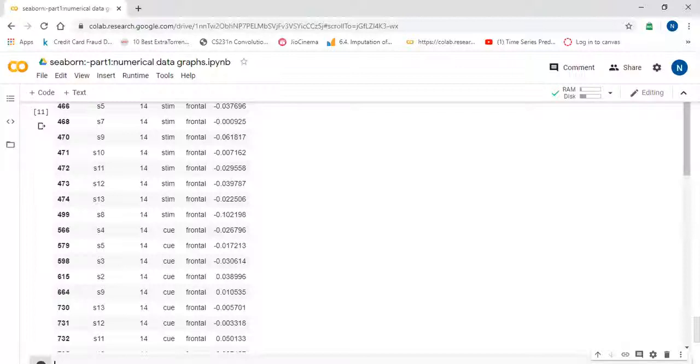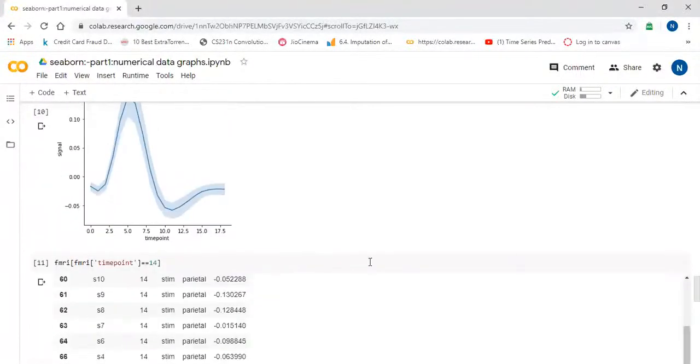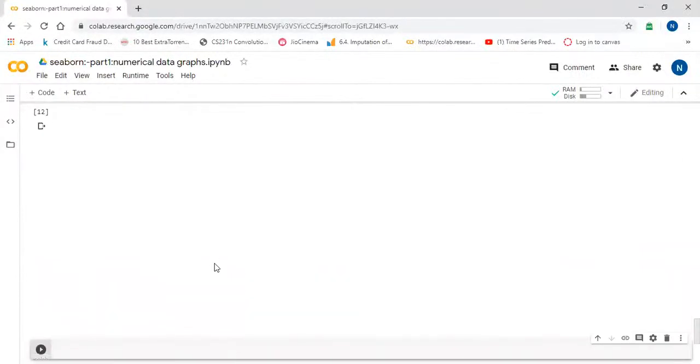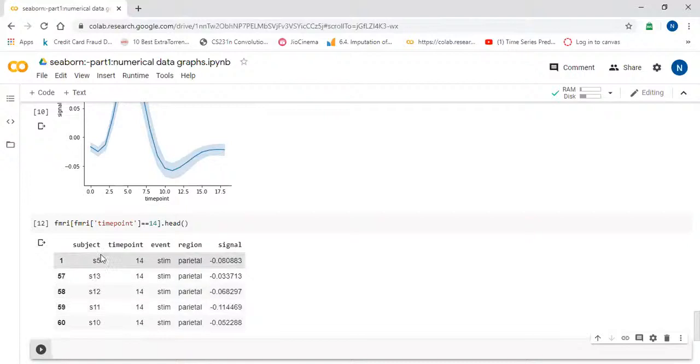There are many columns, so I will just say head. At the same timepoint there are multiple signal values. At timepoint 14 there are multiple signal values. That's why the shade is coming. We can call this a CI, confidence interval.